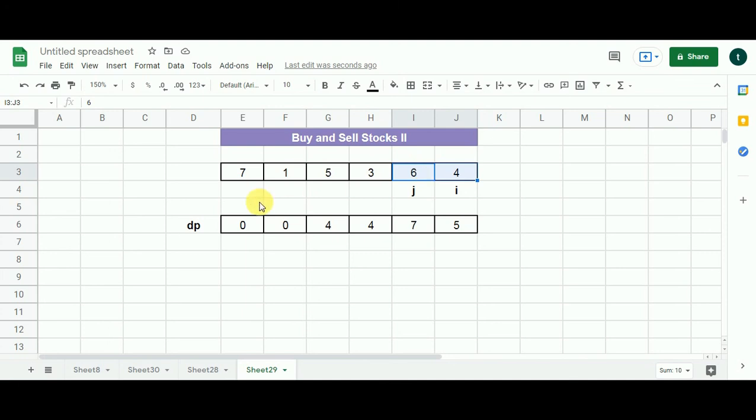After all the iterations of J are over, we compare the value of the current subproblem with the value of the previous subproblem. The value of the previous subproblem is 7, and between 7 and 5, which is the maximum? 7 obviously. So 7 is going to replace 5. And we have the value populated in the final cell. 7 is the value and it represents the maximum profit that we can obtain when the array of prices given